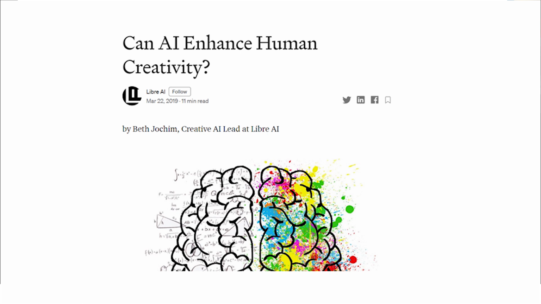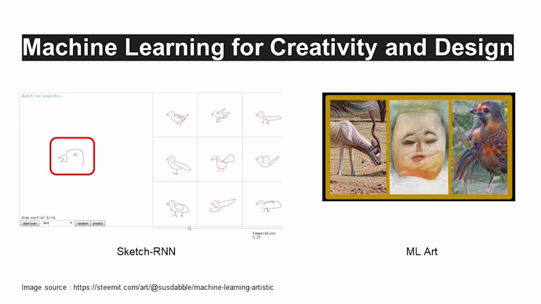Before we move and start our presentation, I would like to ask a question. Can AI enhance human creativity? It may be yes, no, maybe. But before we make that decision, we would like to walk you through some creative applications. And one caution I would like to share is you might want to hold your seat tight because some of the applications are so exciting and creative that you might jump on your seat. So let's start with a few examples.